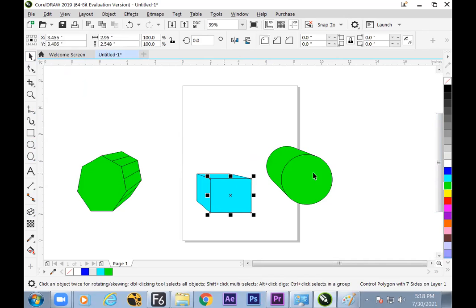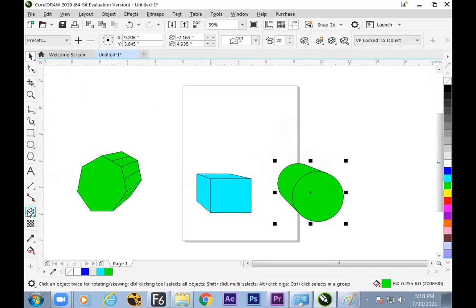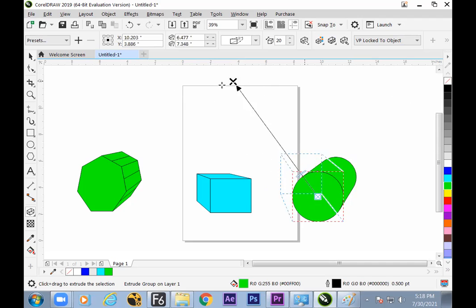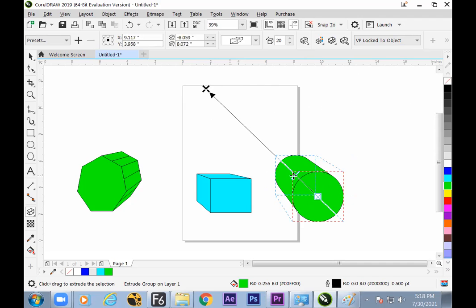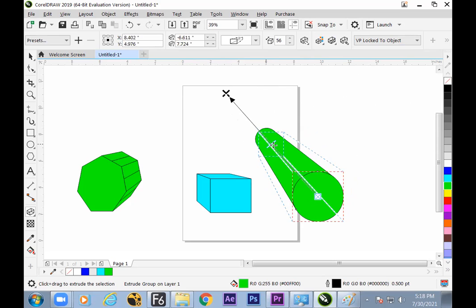So 3 features we have seen. Let us go for the next higher feature, how to control it. In extrude, the direction does matter and the extrude length does matter. So here the 2 features: one, the angle, second, there is a small vertical line, we can drag it up to more extension. So the extrude can be extended to more extension. You can change the angle and the features here. You can get it closer or far.